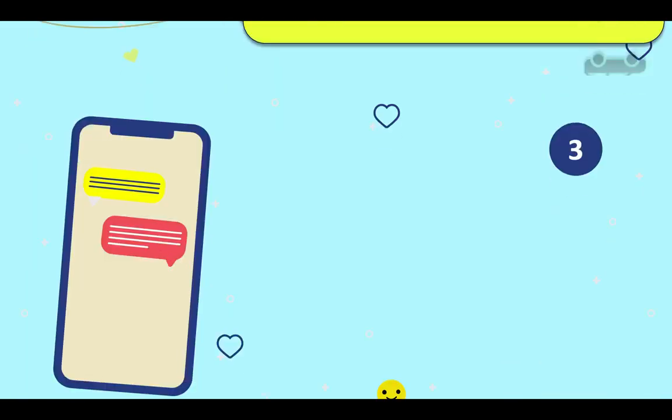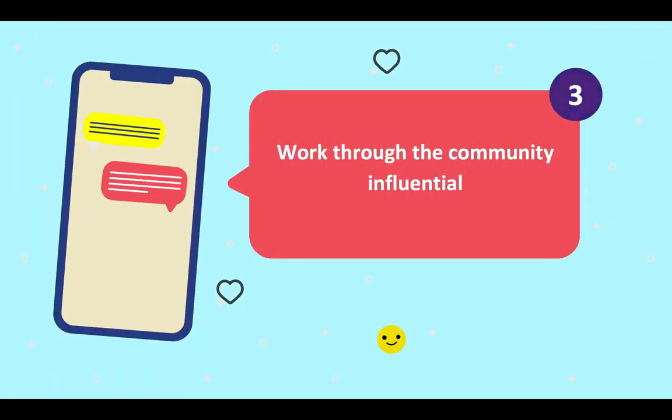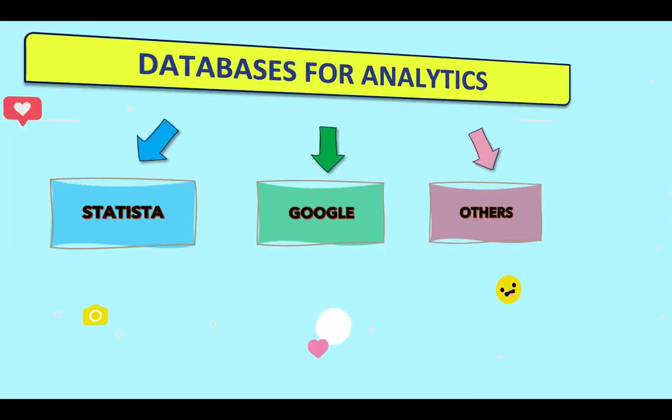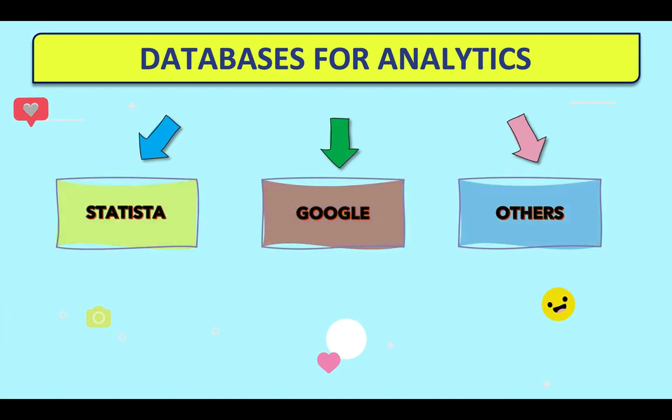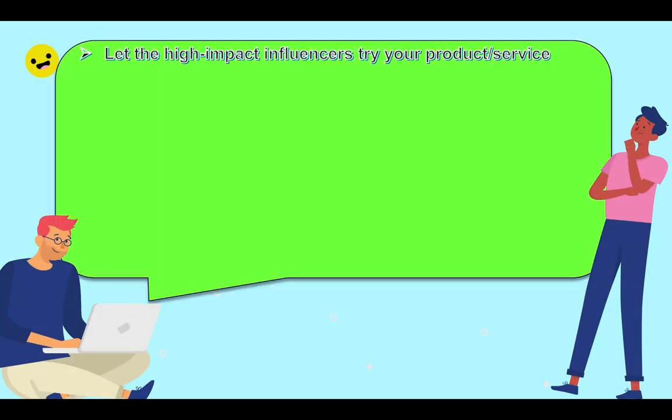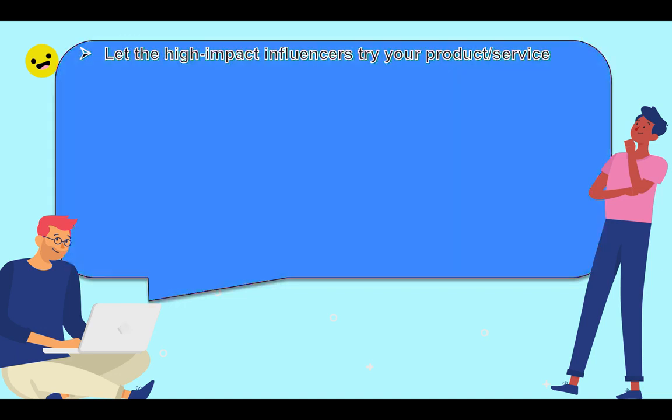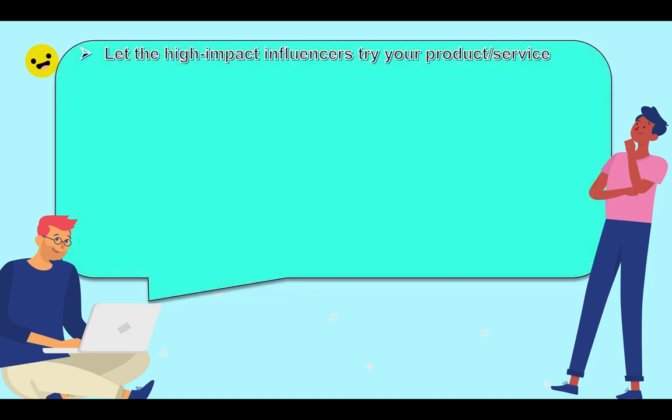Step 3, work through the community influential. By this, what I mean is that you can let everyone try your sample product and services, but screen for higher impact community influencers. Look for the ones that are most relied upon on social media by your target audience. I have to repeat myself over and over again that you can select these people by using Google Analytics and other available analytics services, which can come in super handy. Let these community influential try your car or skincare product or cybersecurity services first and share their reviews with others.